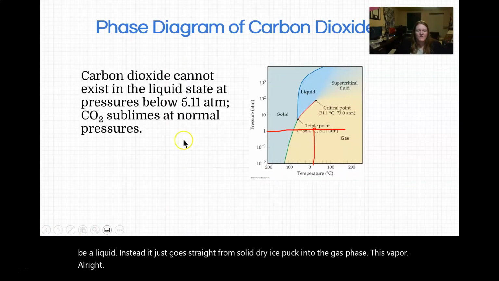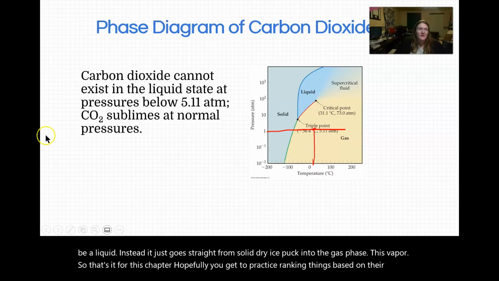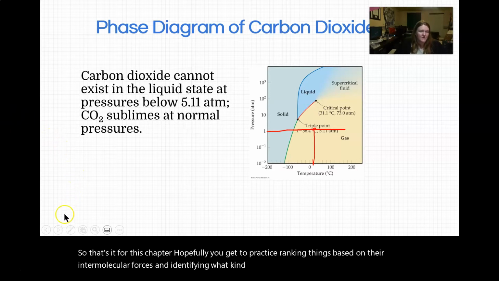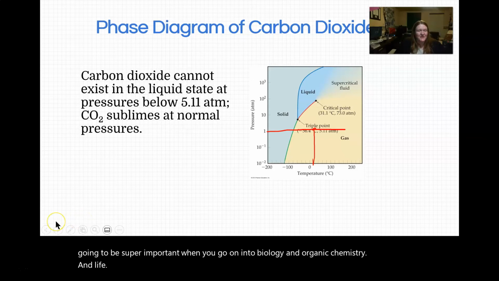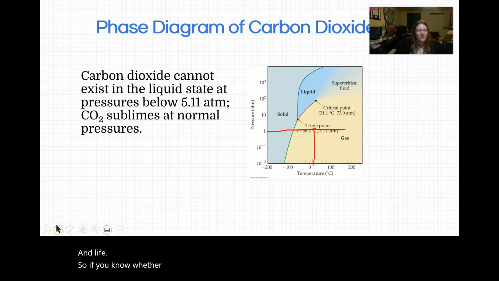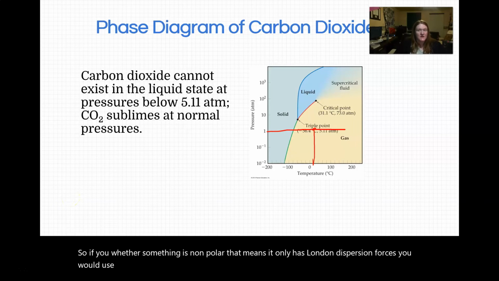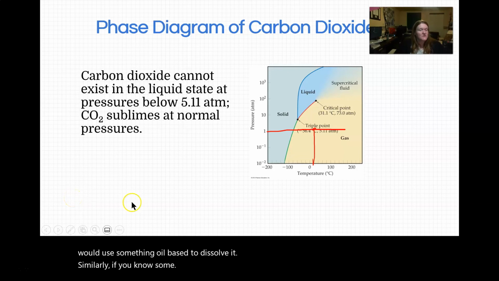So that's it for this chapter. Hopefully you get to practice ranking things based on their intermolecular forces and identifying what kind of IMF they're going to have. Those skills are going to be super important when you go on into biology and organic chemistry and life. Okay? So if you know whether something is nonpolar, that means it only has London dispersion forces. You would use something oil-based to dissolve it. Similarly, if you know something is polar, you want to use something polar to dissolve